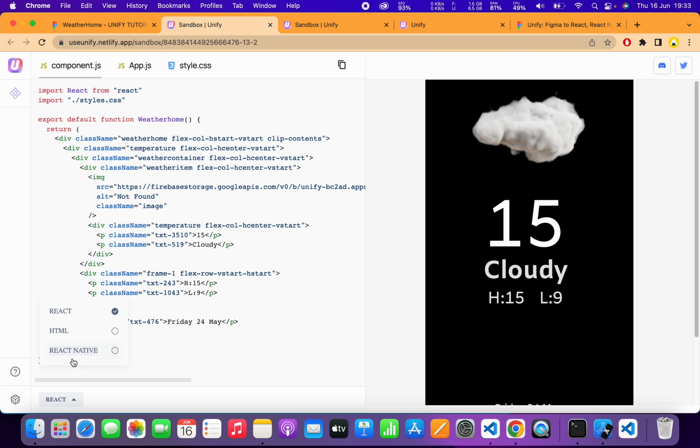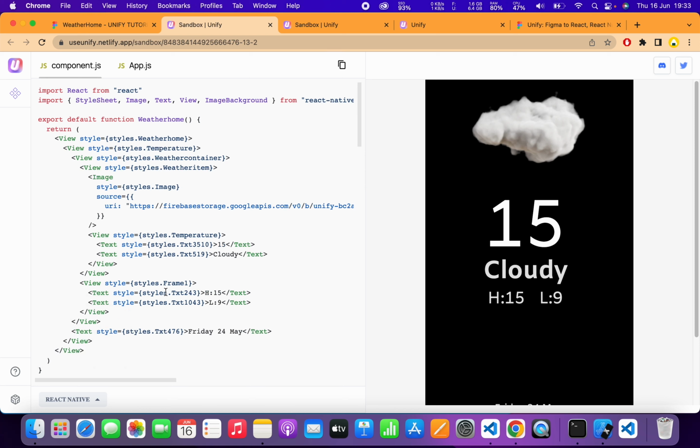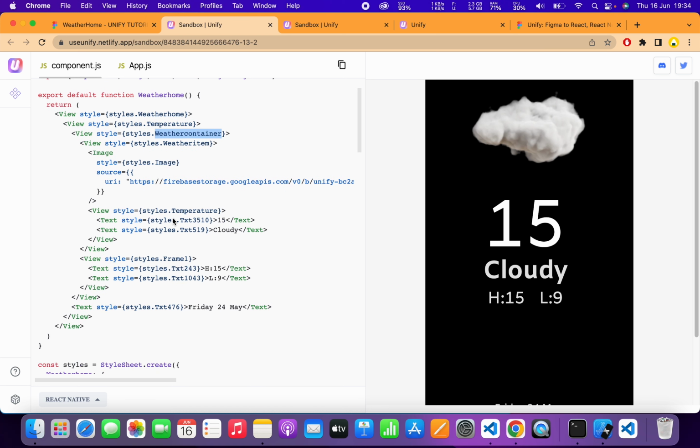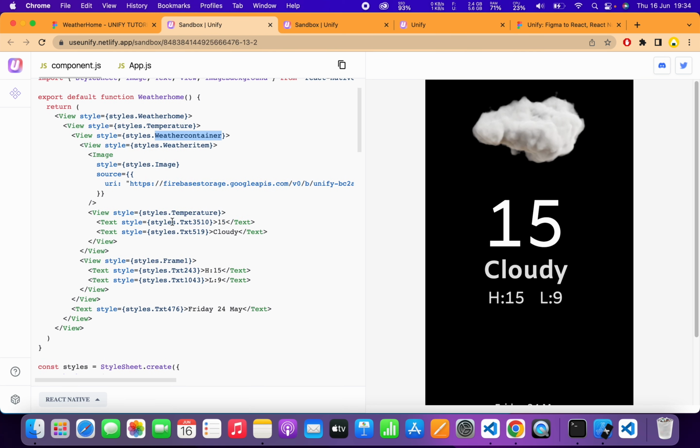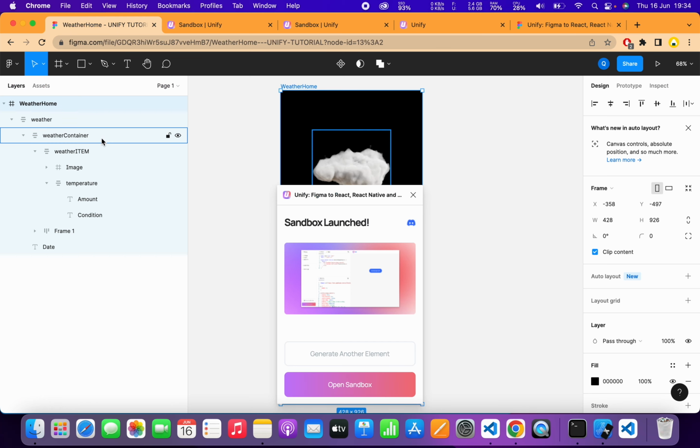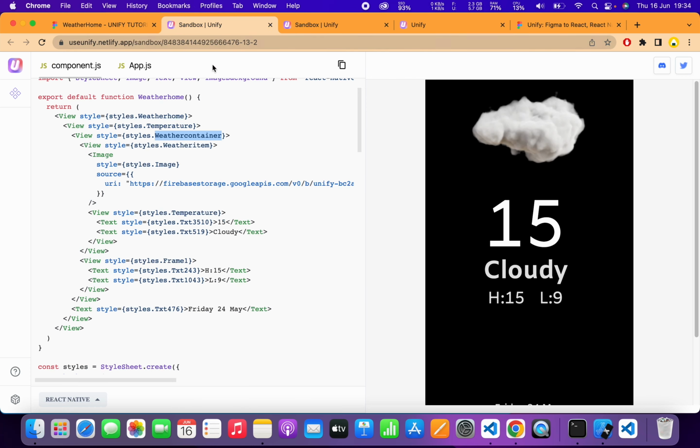In this drop down, you can just click React Native. How powerful is this? This is actually a game changer. So you can see that it created views for our weather, for temperature, and one of the things that you can see here is that the way the styles are named actually makes sense. So that means in your Figma file, when you're creating the components, you must actually name them accordingly so that it will make sense when you actually upload